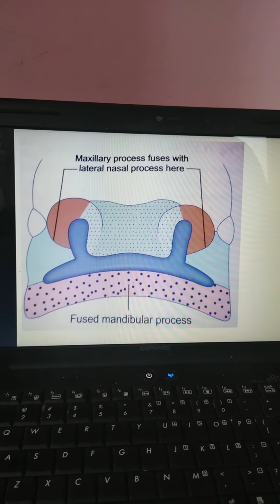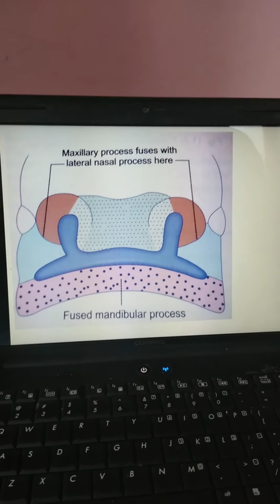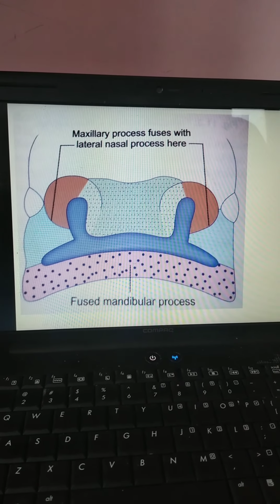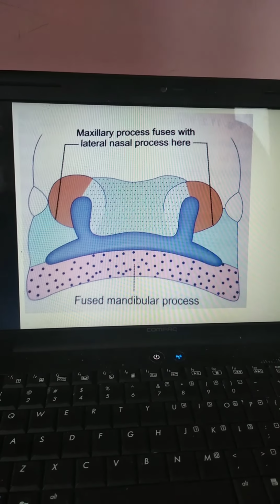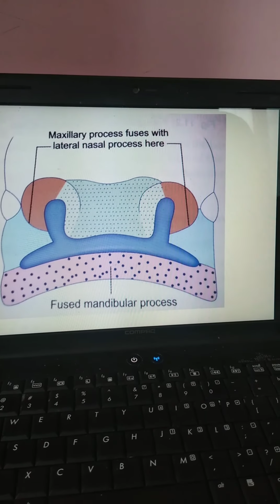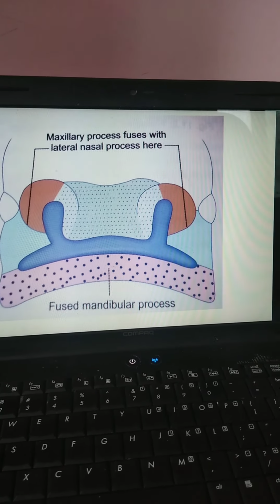Now we will see how the nasal cavity is formed. We know how the nose is formed. The external nose, that is the external feature of the nose, is from the frontonasal process, medial nasal process and the lateral nasal process. Now the cavity is formed by the extension of the nasal pit. So we see these pits are first in open communication with the stomatodeum.